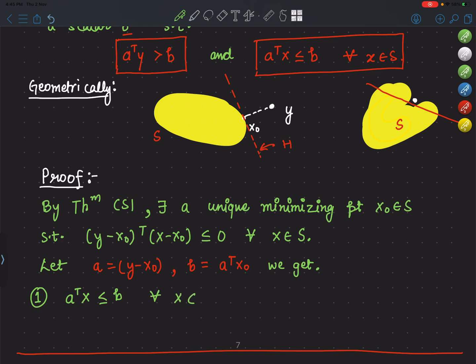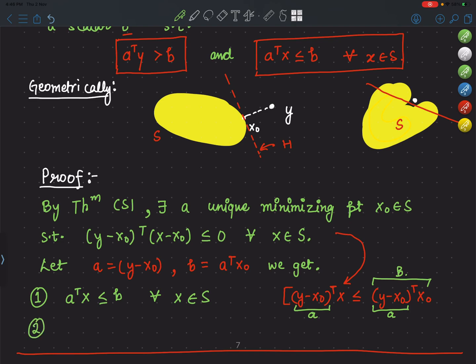For all x belonging to S. How did we get this? From this we can get this result, right? y minus x naught transpose x is less than or equal to y minus x naught transpose x naught. So actually this is A and this is A, and so this whole is B. So this is how we got this relation. This means that all of the points in set S are on one side,